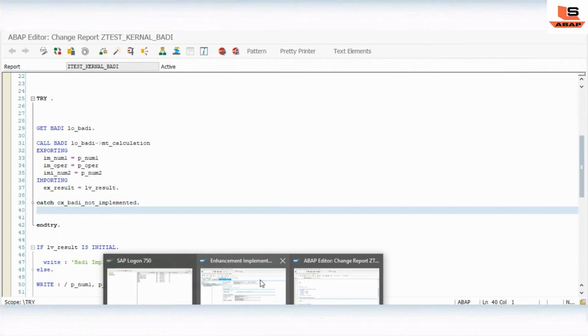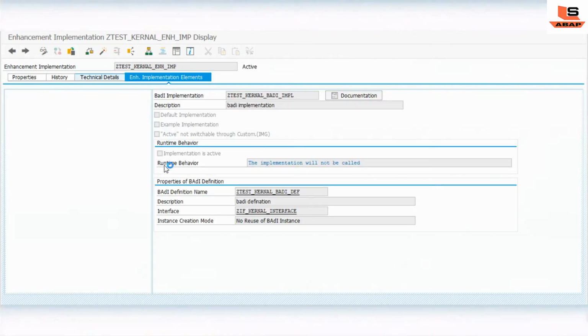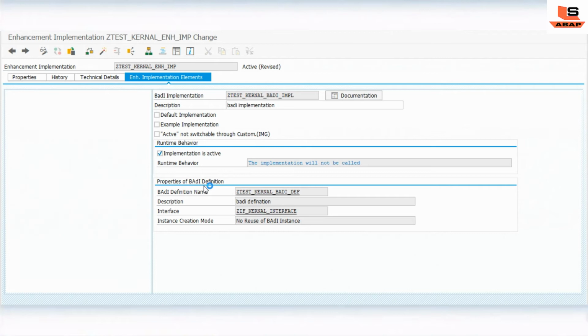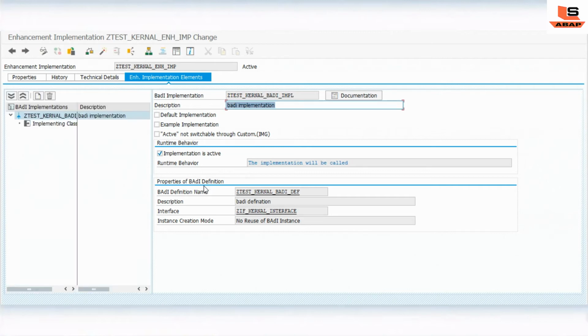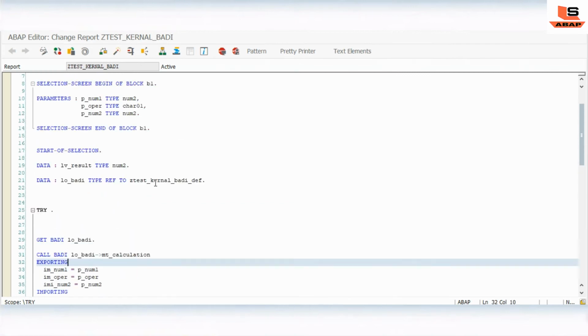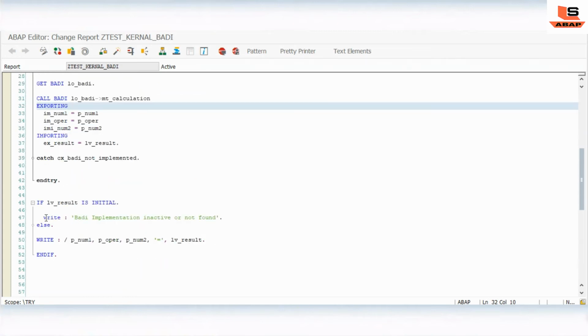Now let me activate this body again and show you the output once again. Check and activate. Now I'm going to run the program once again. When the body implementation was inactive, we saw it was displaying this message.